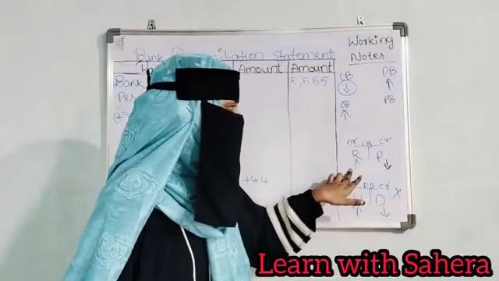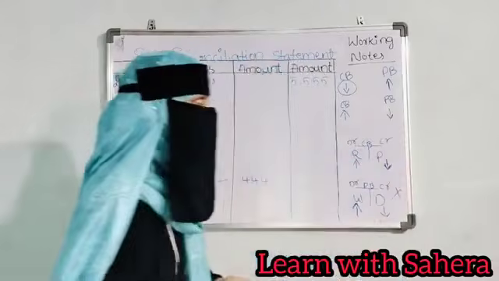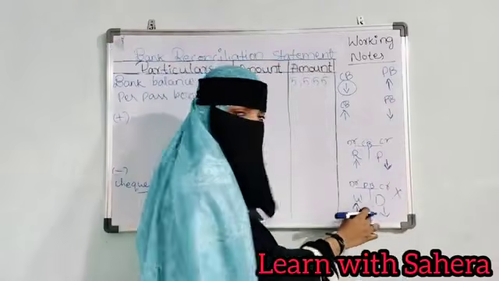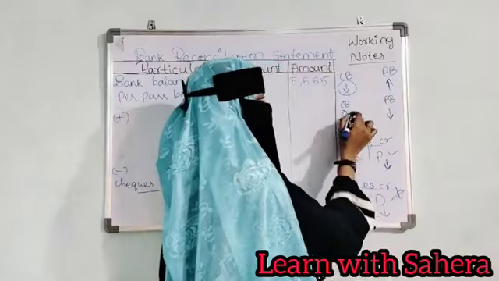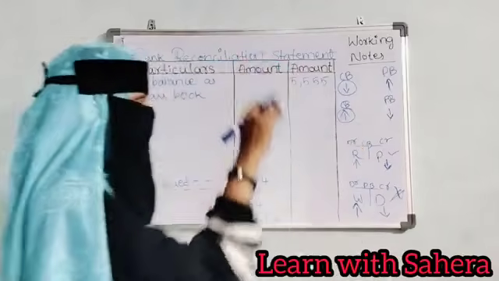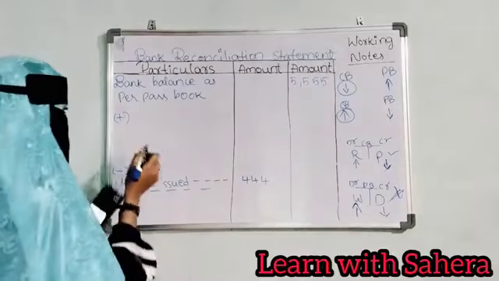So here the amount is increasing, here the amount is decreasing. So what will we assume? Do we take the passbook? No, we will not take the passbook, we will take the cash book. So here the amount is increasing. So we will take it in the add. We will take it as checks deposited.